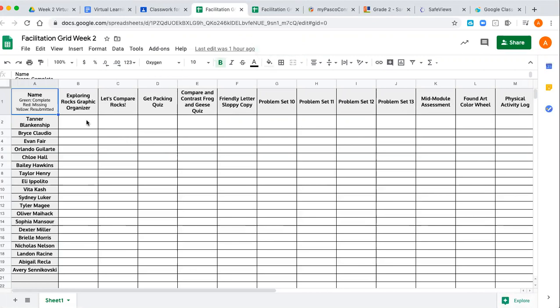So each night I'm going to log in and I'm going to check to see what you've turned in. If you've turned something in, you're going to have a green box. If you haven't turned it in, you're going to have a red box. If you've turned it in, but it's in the process of being resubmitted, you'll have